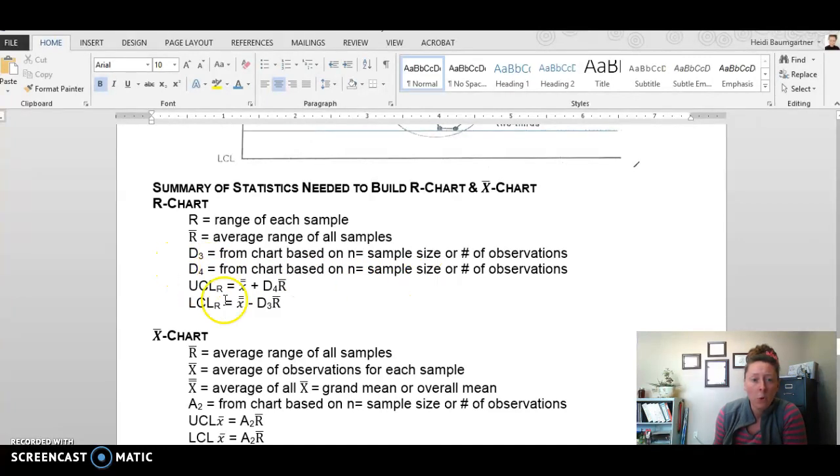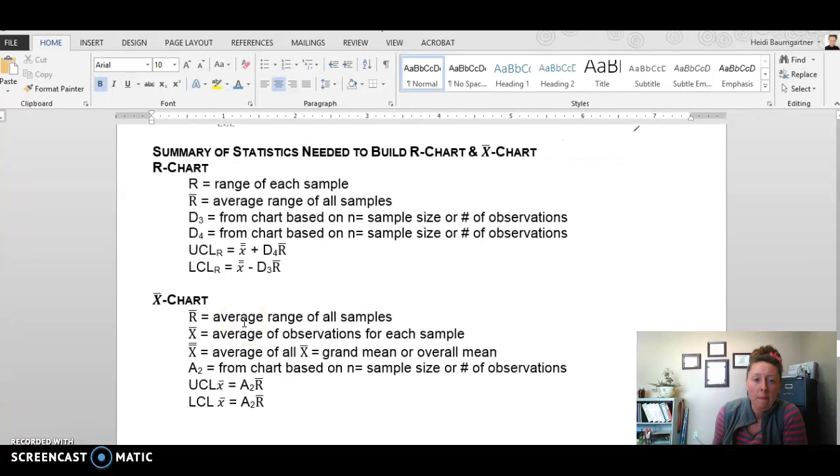Our upper and lower control limit equations are found here, where X double bar is the grand mean, and for the X chart, R bar is the average range of all samples,